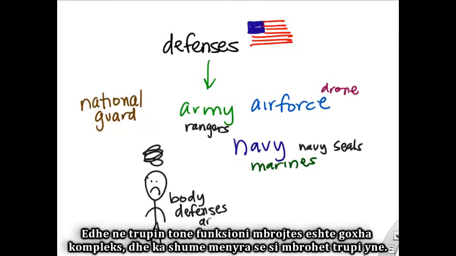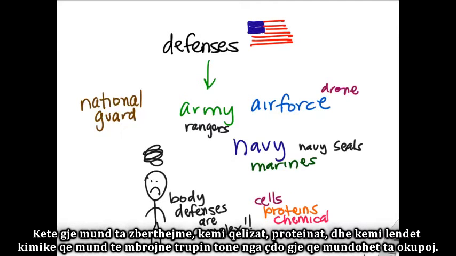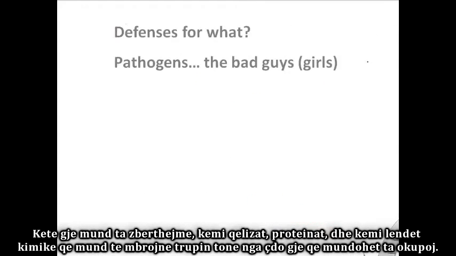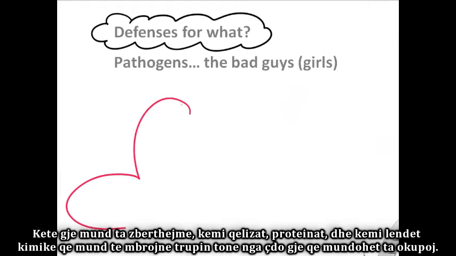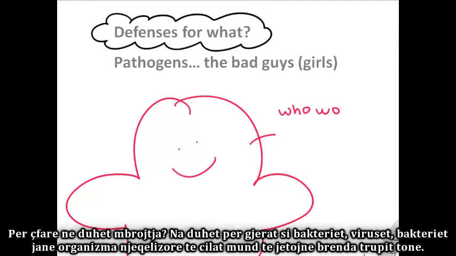So no different. In your body, the defenses are pretty complex, and there's lots of different ways we defend our body. But we can break it down and think we have cells, we have proteins, and we have chemicals that can defend our body against anything that invades us. So what do we need defenses for? Well, we need defenses for things like bacteria,